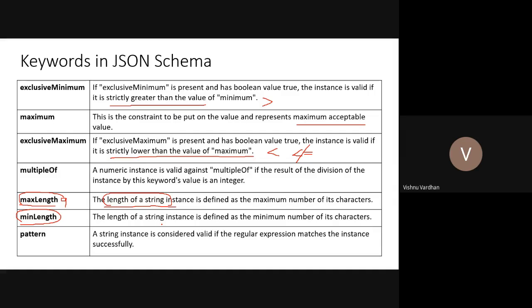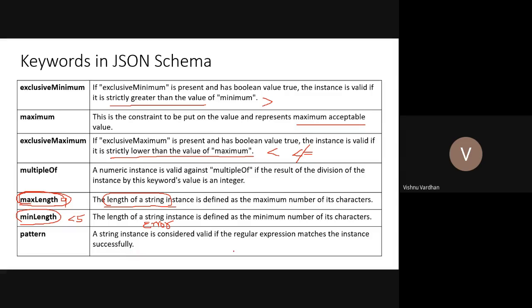How many characters? Suppose you are going to capture the first name and last name of a registration page, and when the user is submitting the data, you are going to create a JSON file, JSON formatting on the fly, and your JSON schema can evaluate, and if it is less than 5 characters, then you can raise the JavaScript error. You can raise the JavaScript error like saying, please provide greater than 5 characters for the first name or the last name, whatever the text that you want to grab. So in those conditions, you can take these properties, these constraints.